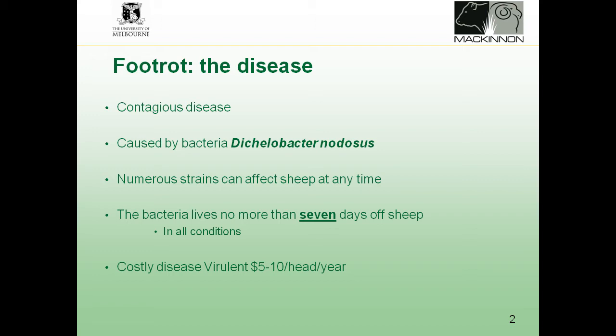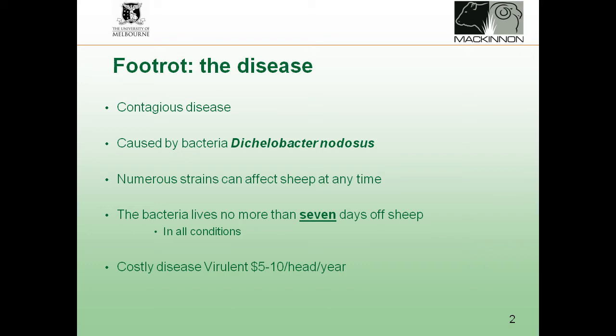If you've got virulent footrot, it can be very costly. It can cost up to $4 or $5 a year per sheep to live with it. It can cost up to $10 or more per sheep to eradicate it, but that's a one-off cost, hopefully. In our experience, and I've done a lot of work with Jacko over the years, I reckon about 80% success in year one, all else being equal, would be about right, wouldn't it, Jack? If you do things right and follow the program, you've got a good chance of success. But sometimes the season beats you, sometimes not everything's set up right to start with. So just be wary, it's really important.